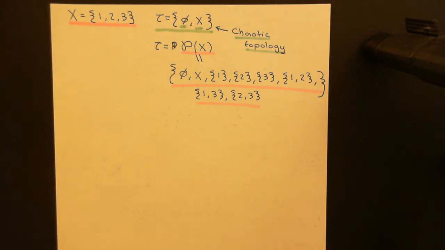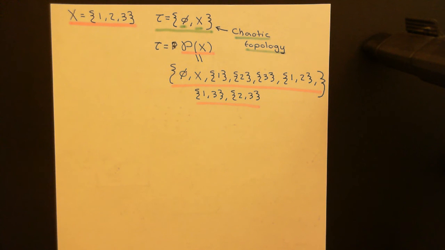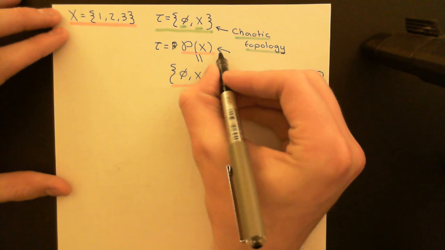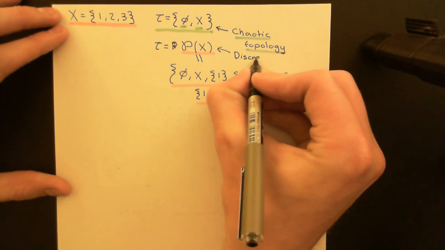Whenever you union together two subsets, you do end up with another subset. The worst case scenario, or the most extreme case, is that you just end up with the entire set capital X, but that's still a subset. Okay, so again, you will end up with something that's in the power set of X, because the answer will always be a subset. Okay, and those arguments, again, never did I use the fact that we were working in this really simple set, so it applies for any set capital X that you like. Okay, so you can always put this on as a topology to any set, and this is called the discrete